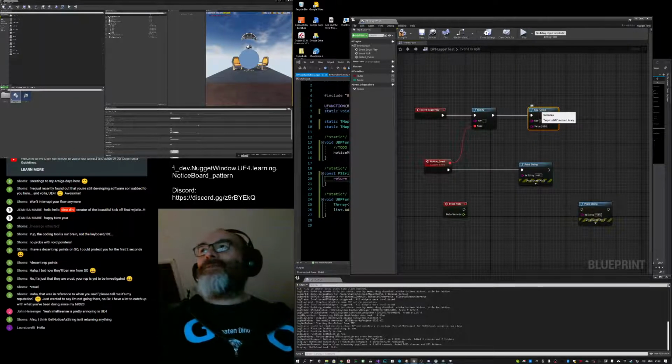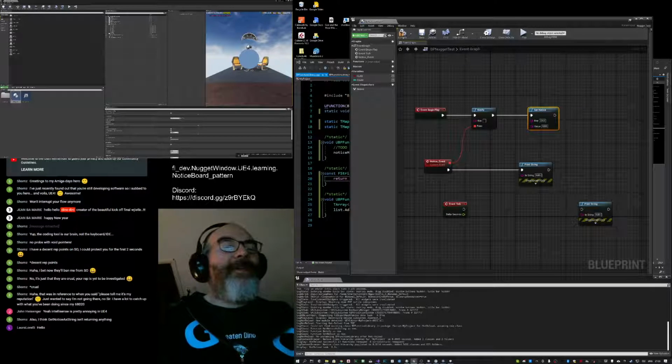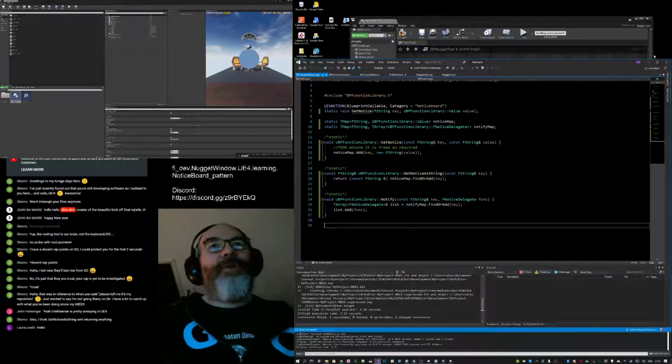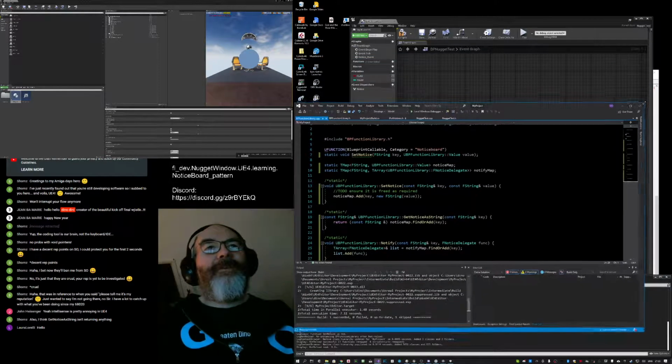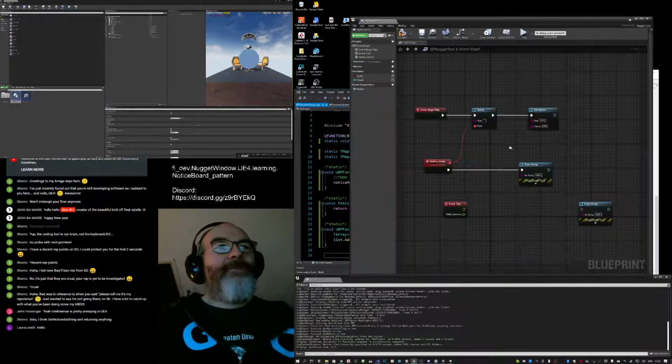Here's an interesting question. Does the connection between Unreal and Blueprints cope with overloaded functions?